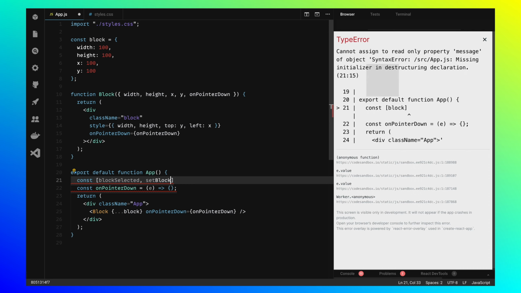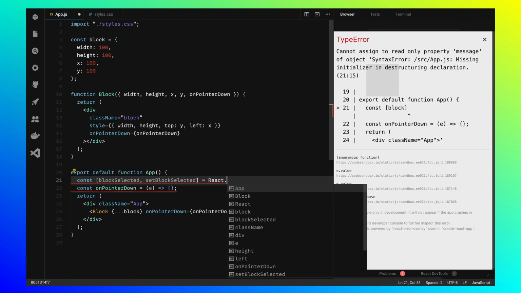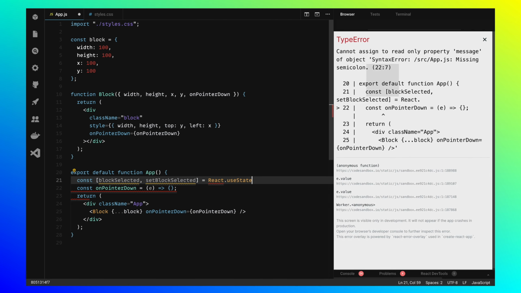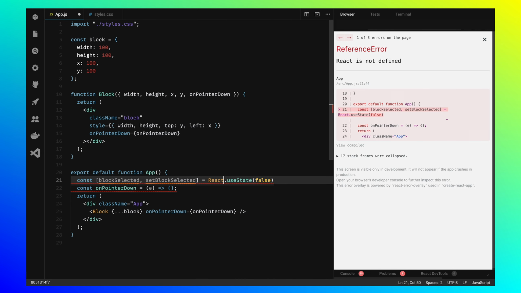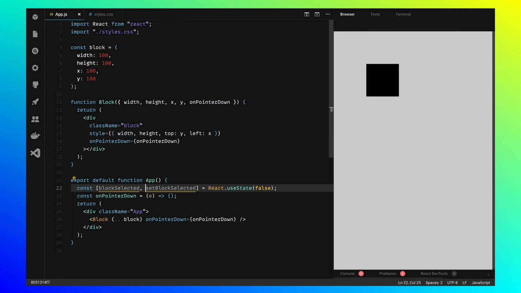So we'll use the local useState hook for that and make it false initially, which means that the block initially is not selected. I'll have to import React. Yeah, so now we can continue working on the event handler.